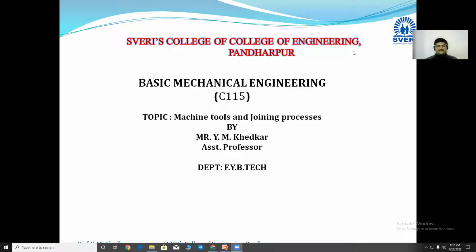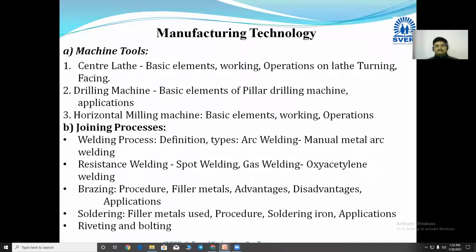So give the heading in your notebook: unit number 6, machine tools and joining processes. Machine tools and joining processes. Have you given the heading? Yes sir. Yeah. So in the machine tools